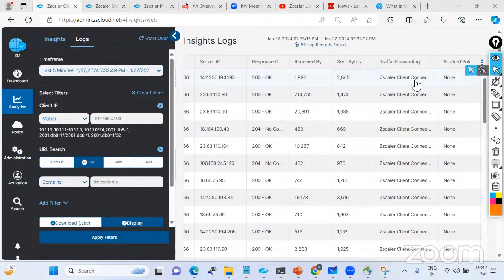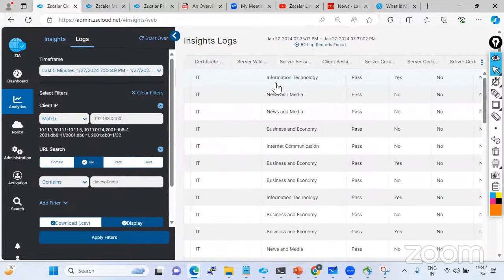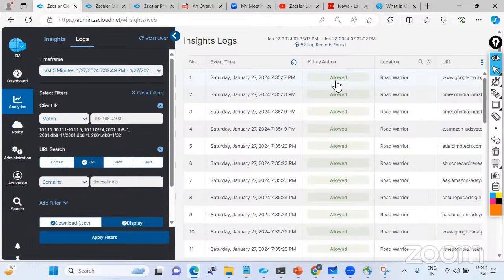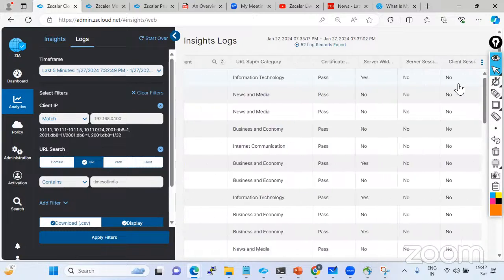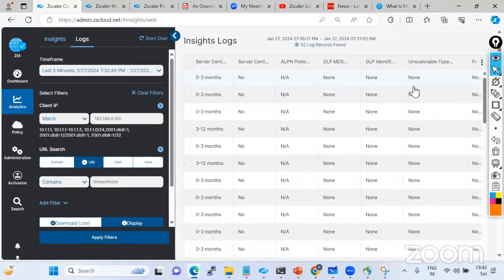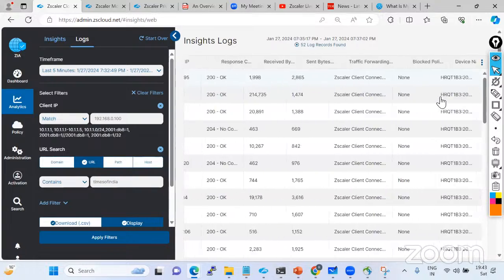And if any policy is going to block your connection, it is going to show here. Right now we see this connection is allowed. But if any URL is getting blocked, then you are going to find that this URL is getting blocked here. Right now it is allowed, so there is no policy blocking here. You are going to find everything is allowed, and that's why you have this client IP, destination IP address,